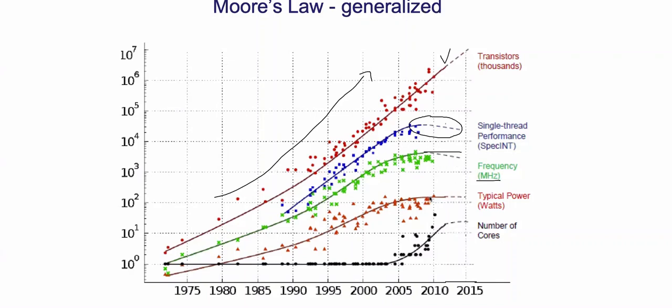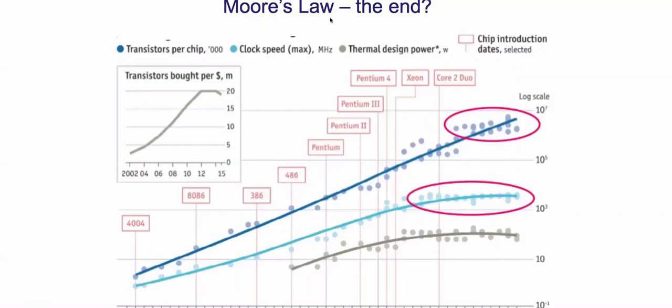And the power was stuck at about 100 watts per centimeter squared. However, the number of cores is going up, and recently it's also not going up very rapidly. So what happens to Moore's law? We got more devices, but we don't get better performance. So something is happening. Another way to look at it